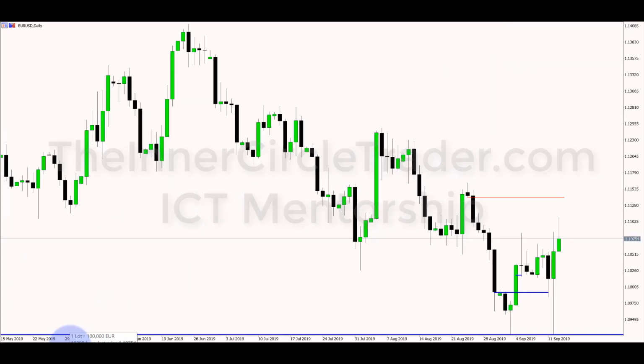Euro dollar. All right, so we had a really nice reaction down here on the old low. I just want to toss this in. We had a bullish order block here. We had that reaction trade there, and a lot of folks that have been exposed to my mentorship but have quit or feel like they understand it.